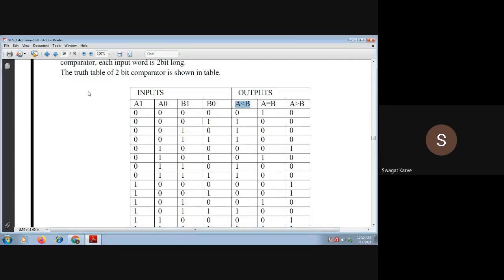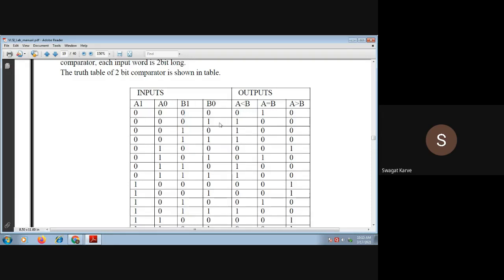For example, you can see here, when A, which is a 2-bit number, is 00, B is also 00. That means A and B are equal, so the A equal to B bit will get set. Here A is 00, but B is 01.